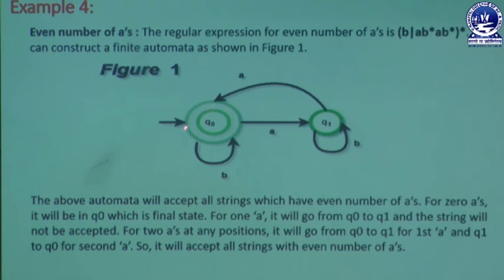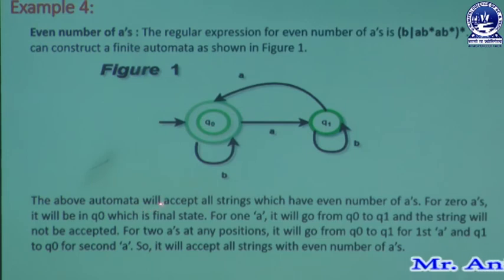Q0 taking an input symbol A creates the state Q1, and Q1 must take B. That means it is self-directed, B with the Kleene closure property, B star. B star shows that it may create zero B's or more than one B. That's why in this diagram it is self-redirected due to B star. Here A taken as input at Q1 directs it to Q0. Again Q0 taking input symbol B is self-redirected to Q0. In this way this diagram is created.